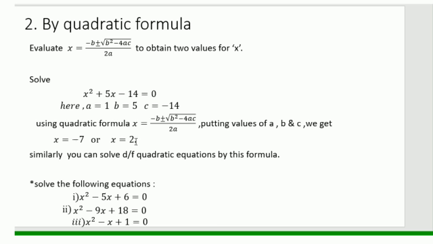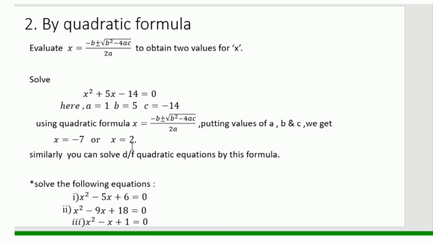Now keep in mind, the solution set, when we put it in the original equation, must satisfy the equation. When we put the value of x equal to 2 in x square plus 5x minus 14, both sides are equal, I mean 0 equal to 0. Similarly, when you put the value of negative 7, it also satisfies the given equation. But sometimes not both values satisfy the equation, keep in mind. Sometimes only one value satisfies the equation.